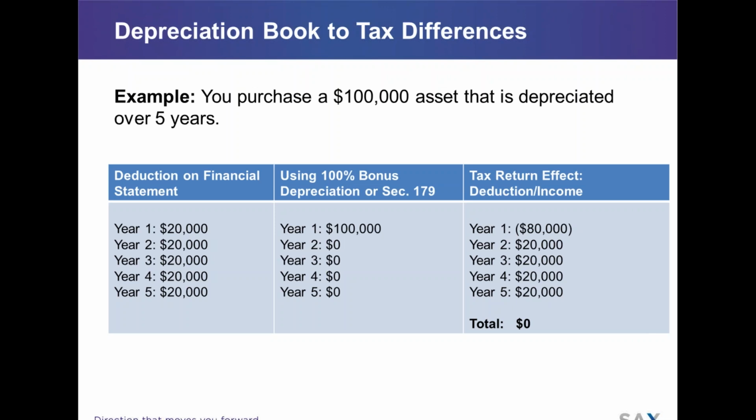However, when we do our tax return in year two, we're going to have what we call a book-to-tax difference, also known as an M-1. Basically, that's just saying that we have a difference between our financial statement and our tax return. Again, on our financial statement, we have a deduction for $20,000 in year two, but we do not get a deduction in year two for our tax return since we already took 100% in year one. So that means in year two, we're going to have an extra $20,000 of income that's kind of phantom in a way, because you really haven't spent anything. So each year now, we're going to be picking up that extra $20,000 of income.